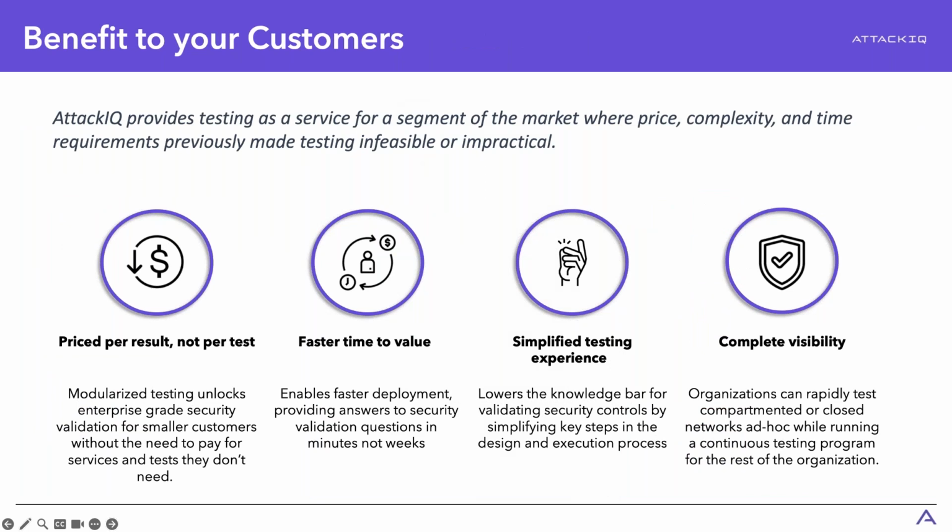The last thing I do want to mention here is, what is the benefit to your customers? At the end of the day, your customers are being pressured by organizations. For example, I have a lot of financial customers, even small credit unions, where GLBA used to ask them, what technologies are you using to mitigate ransomware? They're now being asked, prove you have the ability to mitigate ransomware. They can't afford to hire a red team to come in there every quarter, as an example. So now they can actually pick and select what type of testing they want to do, and I can either pay per test or pay for the continuous solution that you're going to offer through this service that we're talking